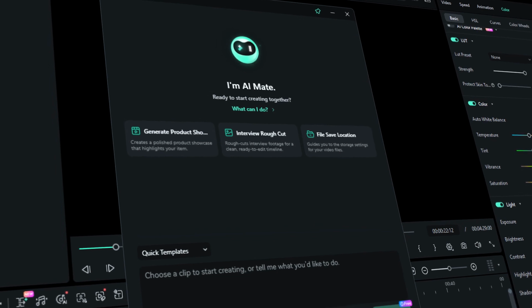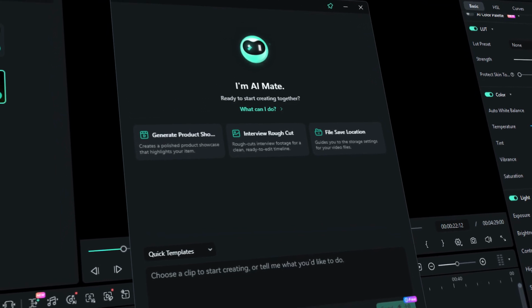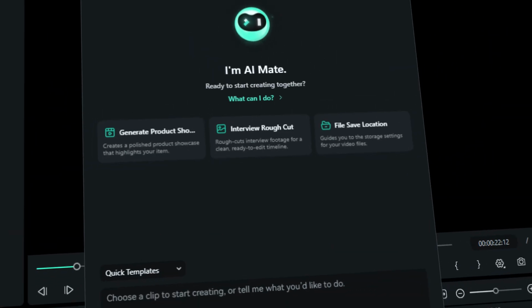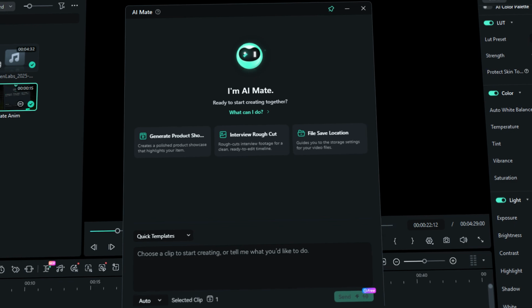Filmora 15 has recently upgraded its AI Mate feature. AI Mate will interact with you, guide you through learning how to use Filmora, and assist you with basic editing